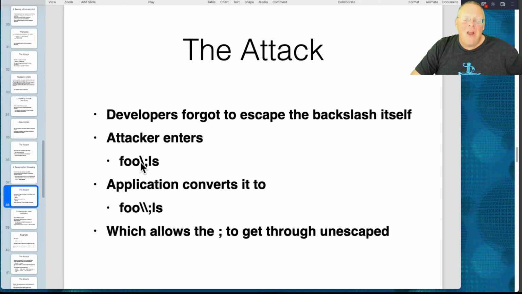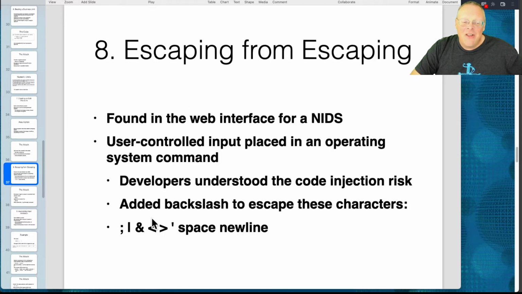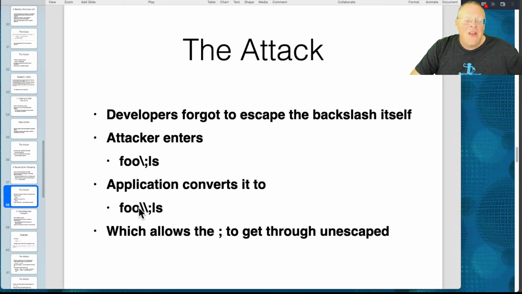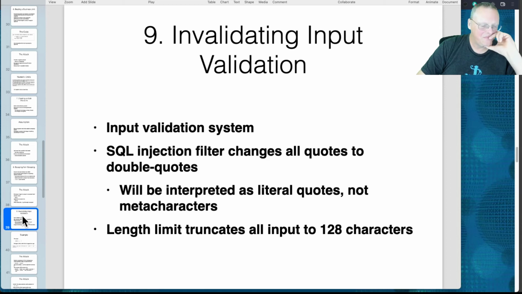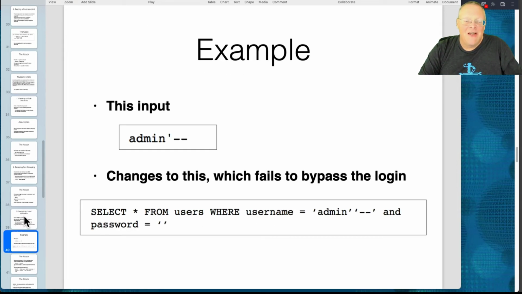That's why if you had included the backslash in this list, like you should have, then entering this would give you 3 backslashes, and that would work. The first one would escape the second backslash, and the third backslash would escape the semicolon. Yeah, good. So here you got a length limit, and of course, as you can see, all you have to